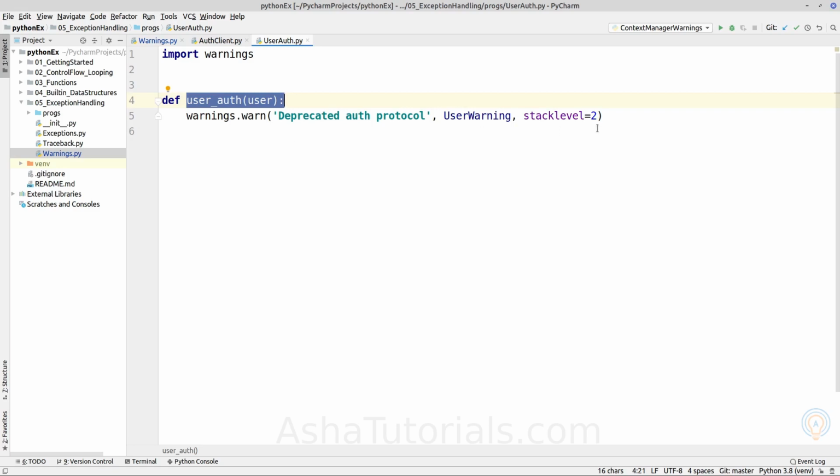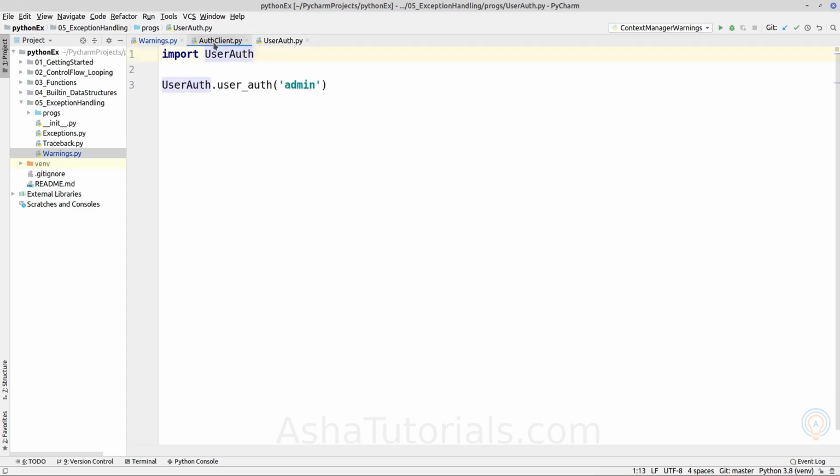So at stack level 1, it will print line 5 of the user auth module. But if it is set to stack level 2, it will be printed from wherever it is called. In that case, it is called from the auth client.py file, so it will print the location of this line and this module.